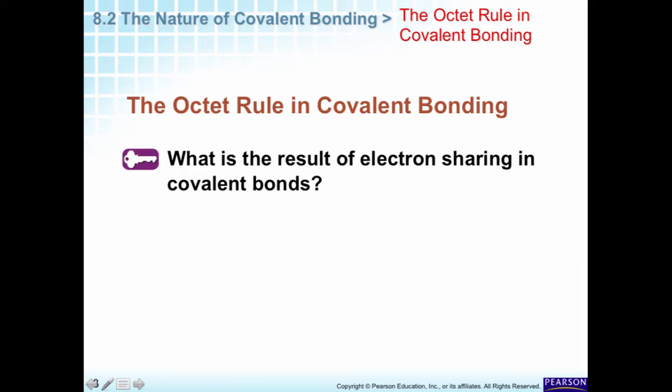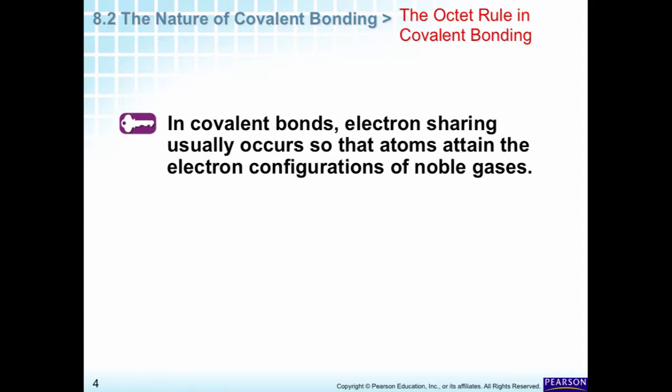Okay, we talked about getting an octet or a noble gas configuration previously. So how do we get the octet in a covalent bond? Through sharing. So the sharing allows both or all of the atoms in the molecule to get their octet and get the